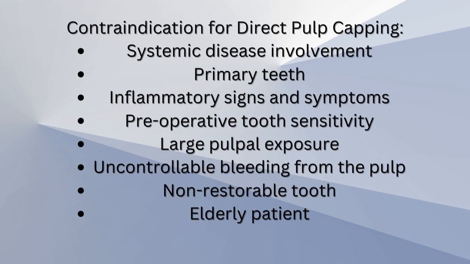The contraindications for direct pulp capping are if the patient is having a certain systemic disease that interferes, or for primary teeth. Why? Because the primary teeth are highly vascular, and if you did direct pulp capping on primary teeth, then it will result in resorption, and that's not a good thing, as well as if there is any sign of inflammation or preoperative tooth sensitivity,